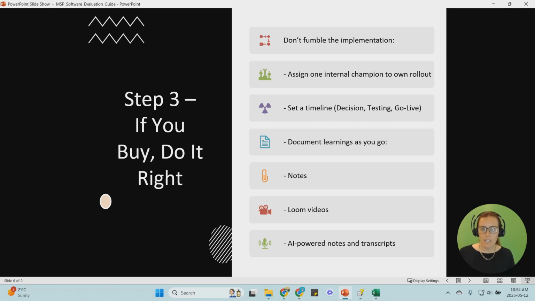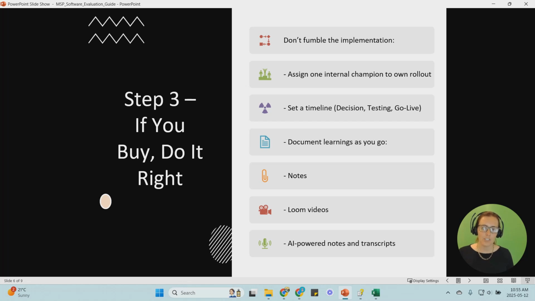Make sure that you have a timeline and a goal of when you would like to go live. If you say, oh, we're not sure about the go live date, I tend to see implementations stall and fumble. And this is where things really get messy because people are using half the software, they're using it incorrectly. And then by the time I come in, there's so much dirty data that the first little bit of the implementation is actually cleanup.